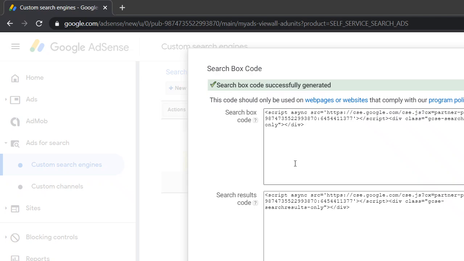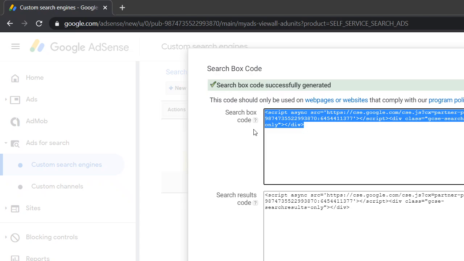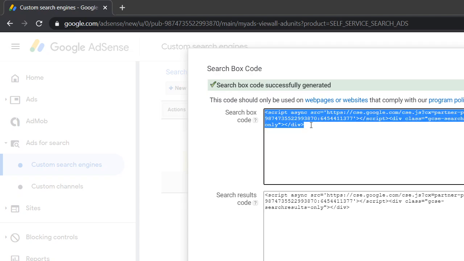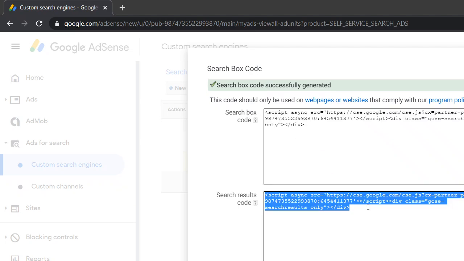Once you create the search engine, you will get two codes: one is the search box code and the other is the search result code. This is the code you need to put at the top, and this is the code you need to put right below the search box code that you are pasting.